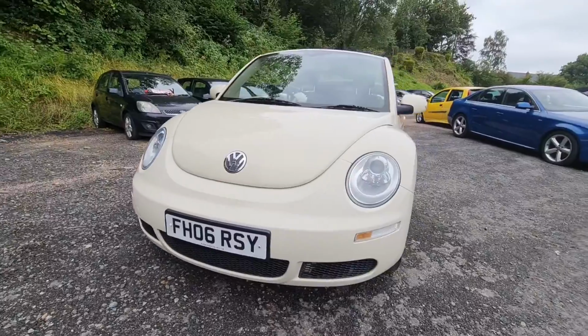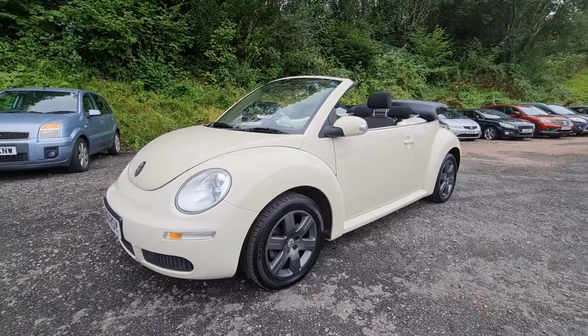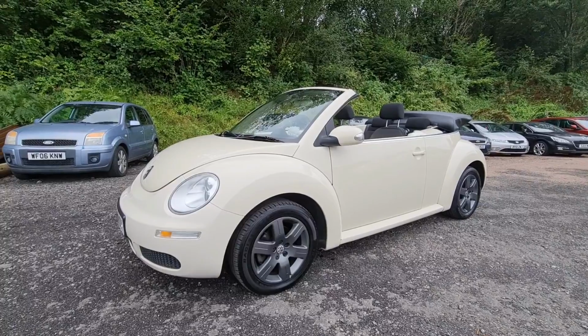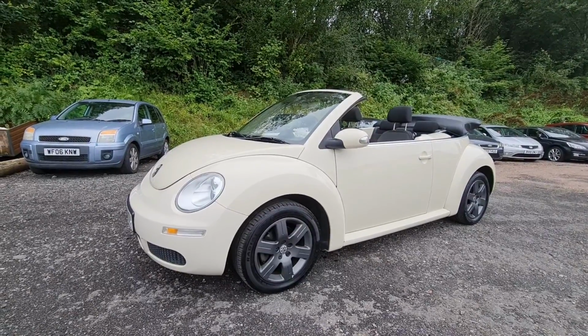So I hope it's been of interest to you, and please feel free to give me a call. My number's 07932 873 646. This Beetle is available with national delivery on it, and it's going to come with a 3-month parts and labour guarantee. We're happy to take your old car in part exchange,